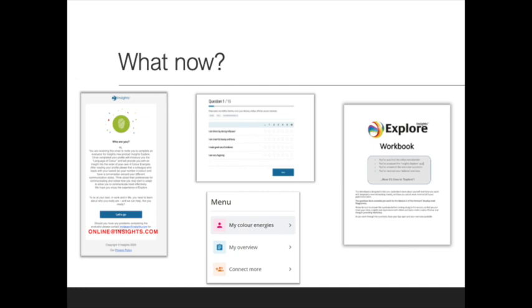Once you've completed and you've accessed your personal profile, turn to your workbook and work through the questions to help you explore your behavioural preferences and the way in which they may be playing out at work. Please trust the process. Your personality preferences are going to play out as we go through the programme. So it will be interesting to see which of you are the detail conscious, wanting to understand everything before you begin, and those of you who are just jumping in with both feet and giving it a go. But if you follow the steps, the instructions provided, we're pretty sure you're going to get a lot of value